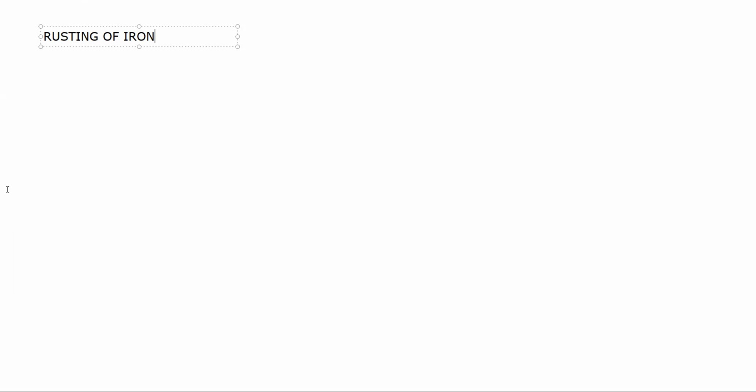It is a formation of hydrated iron oxide. So formation of red brown hydrated iron oxide on the surface of iron